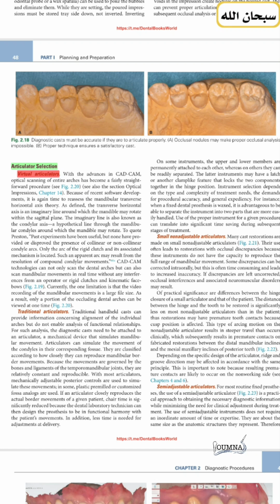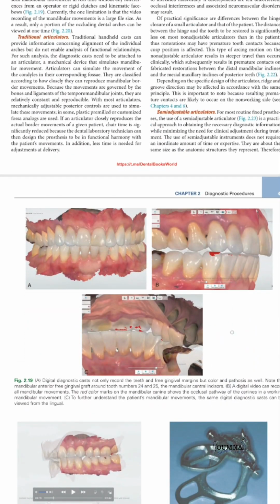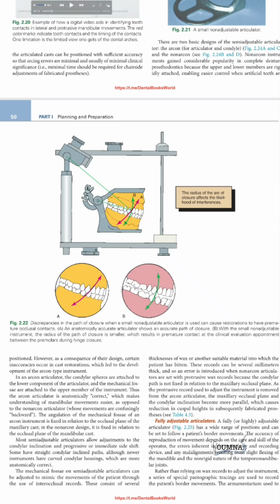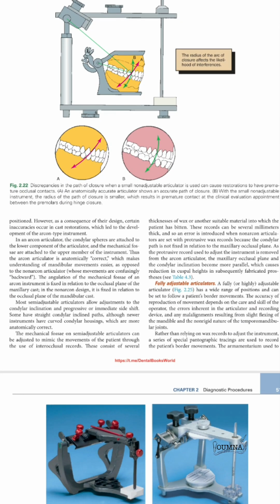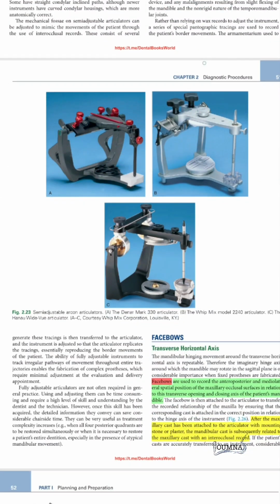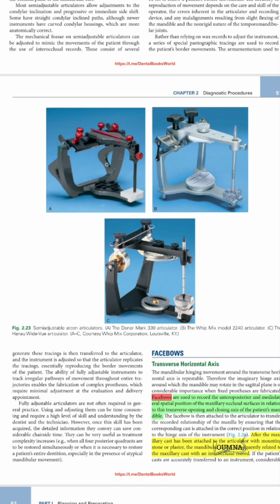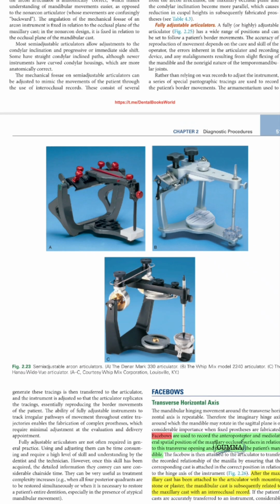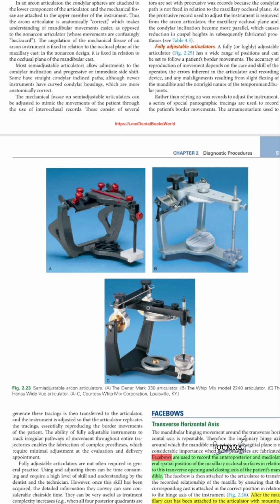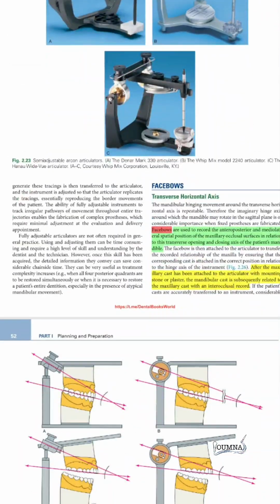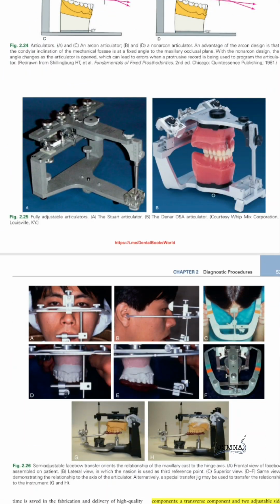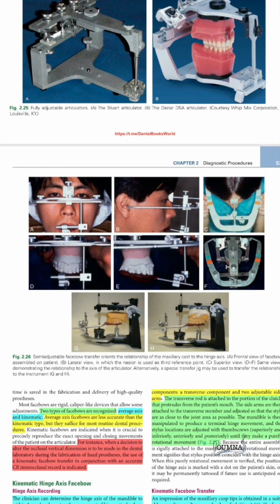The concept is that we first take the relationship between the maxilla and the condylar process in the skull, using what is called the face bow. Then we transfer this relationship to an articulator, where we articulate the maxilla first, and the third step is we take the centric relationship, which is the relationship between the maxilla and the mandible in a